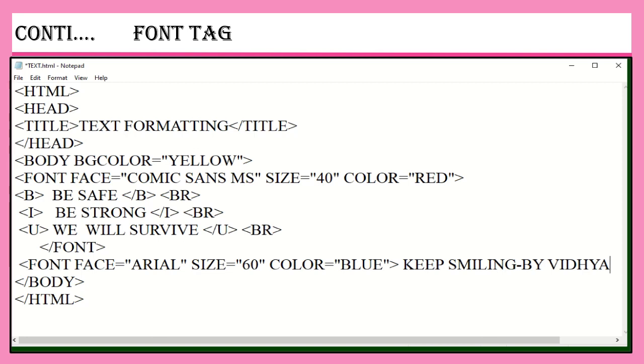So the sentence keep smiling by Vidya will be displayed in font face Arial, size 60, and it will be displayed in blue color. Now you have to close this font tag because it is a container tag, preceded by the forward slash.